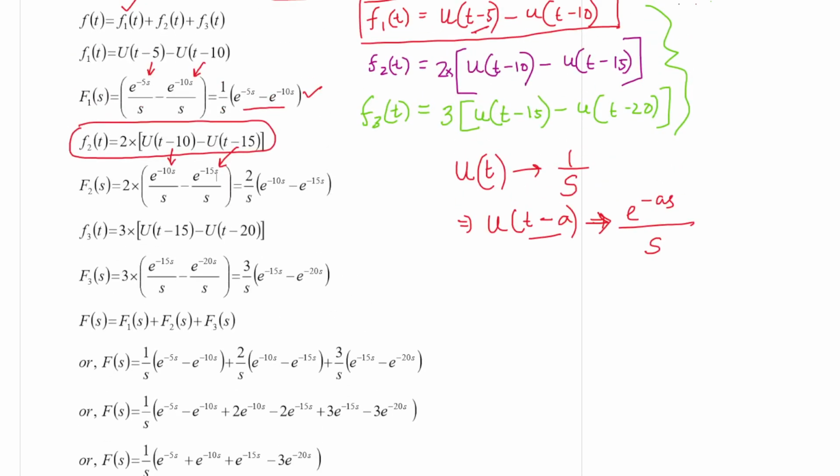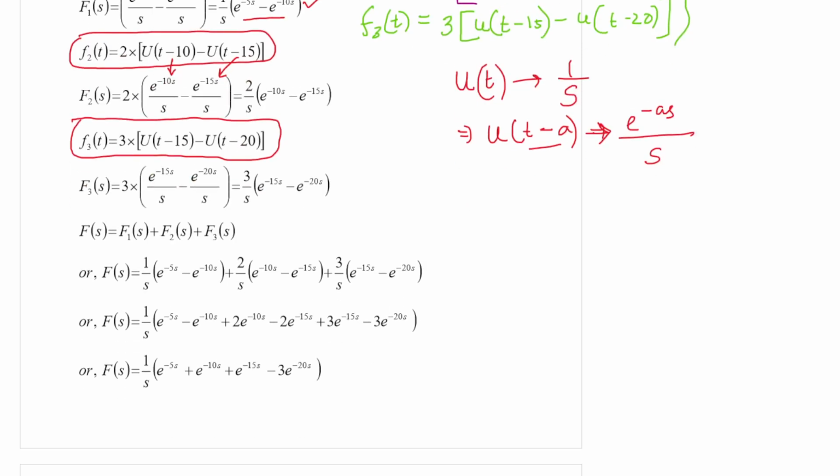So if you consider the third part, that is the third function f3(t), it will be done in a similar manner. We have got this answer, 3 by s e to the power minus 15s by e to the power minus 20s. Now if you add these three functions to get the total Laplace transform, you should get 1 by s,